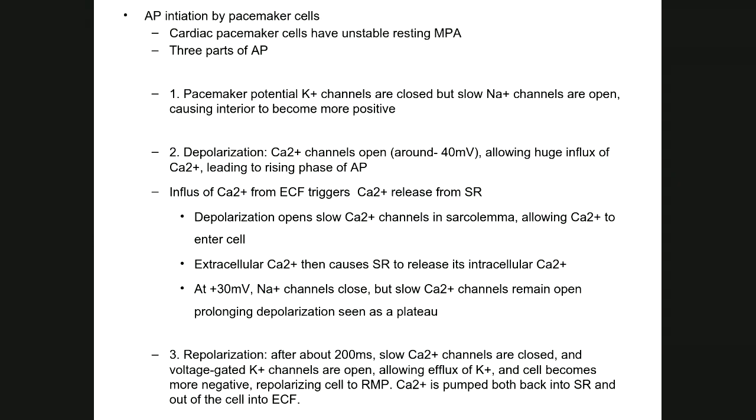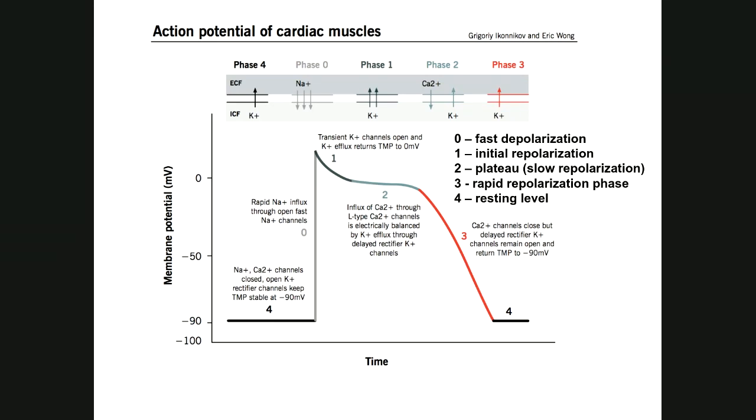So let's look at it in this diagram. We have the 3 phases of the action potential, the cardiac action potential of the muscle, cardiac muscle. So we have at minus 90 millivolts, this is the resting membrane potential. Sodium and the calcium channels are closed, right? And then after,